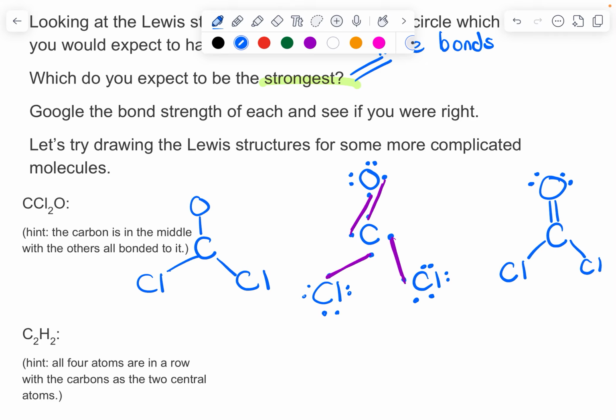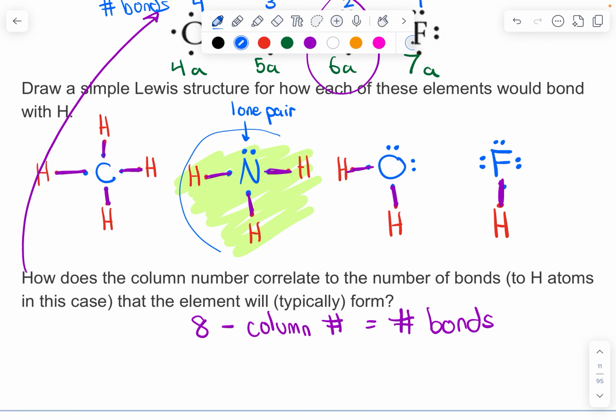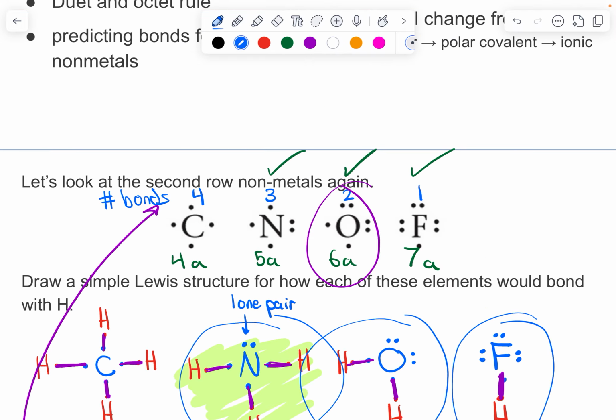You'll start to notice that carbon very, very rarely has any non-bonding pairs. It just always has 4 bonds and no lone pairs. If you look at nitrogen, that's typically how nitrogen's going to look, 3 bonds and 1 lone pair. Or oxygen, 2 bonds and 2 lone pairs. Or fluorine, 1 bond and 3 lone pairs. The bonds add up with the number of lone pairs. We could even put this up here. This is something that you can kind of understand on your own, but I'm going to put it up here